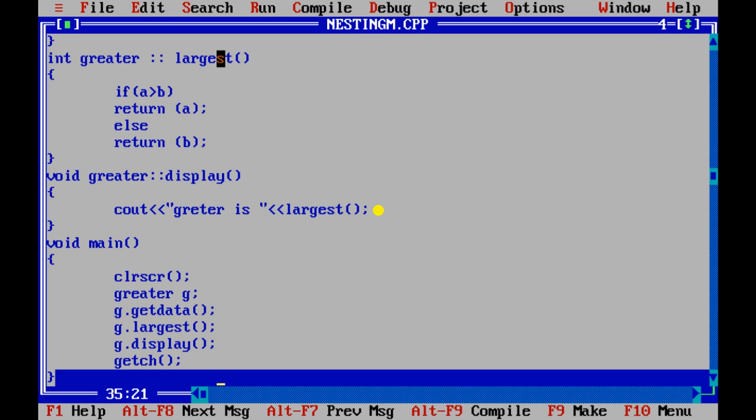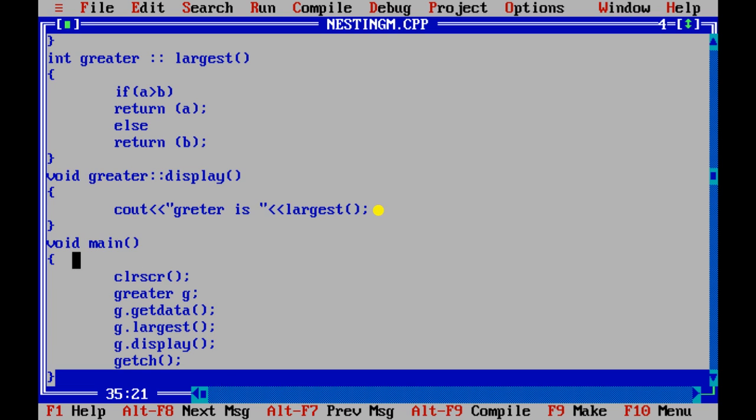The value will be written in largest because we have written return, and that value will be printed in the display function when we access it. Return means returning the value.